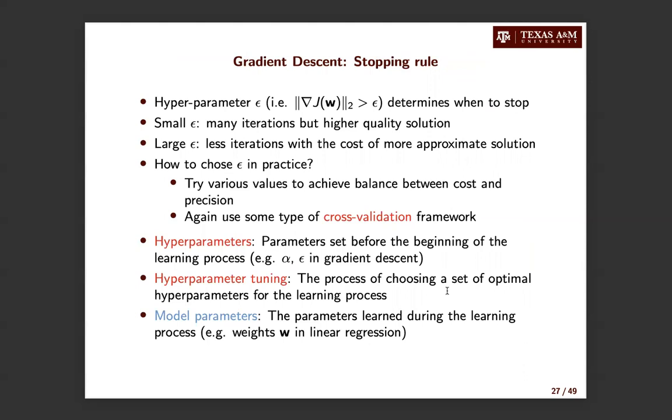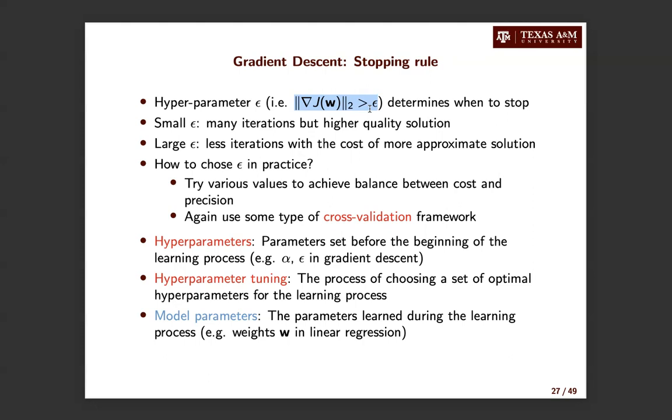Another point here is the stopping rule. We said that we are going to stop when the magnitude of the gradient becomes less than a very small number epsilon. But actually, what is small? In practice, we can choose epsilon. Again, we can assume that epsilon is a hyperparameter, and we can find epsilon based on a development set